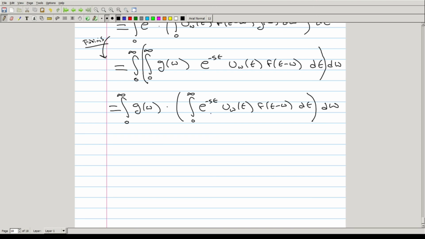And by the second shifting theorem, this entire thing, which itself is the Laplace transform of u_w of t times f of t minus w,